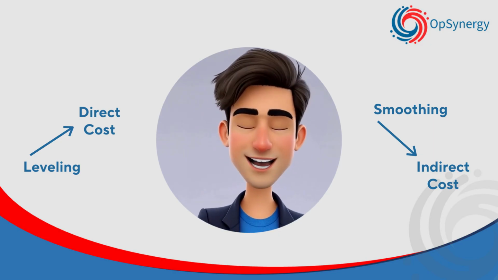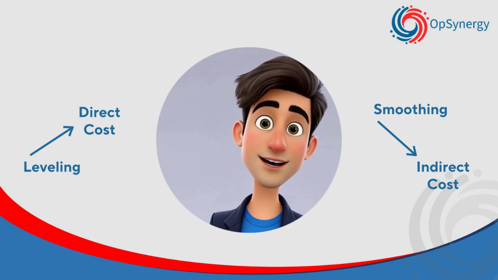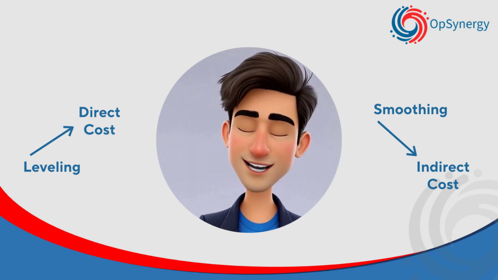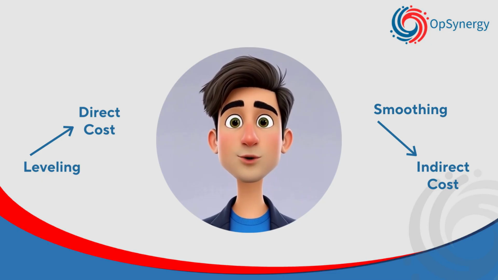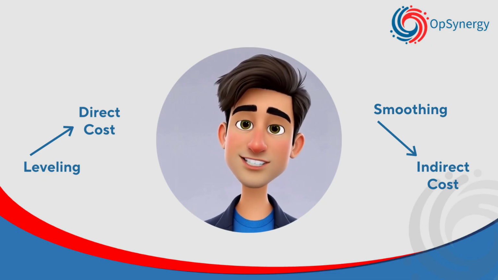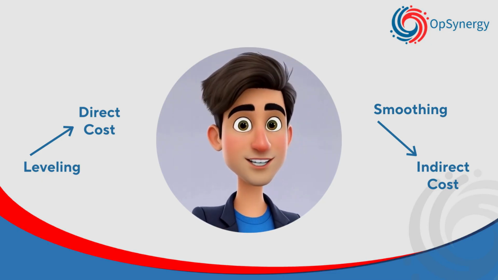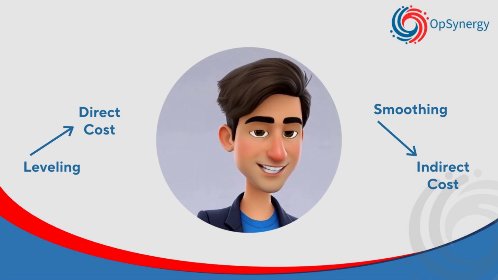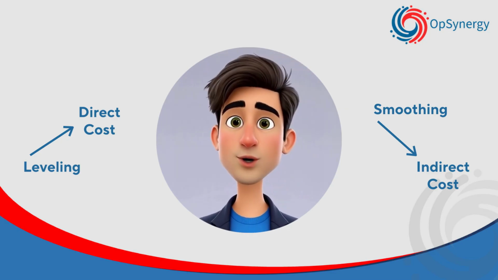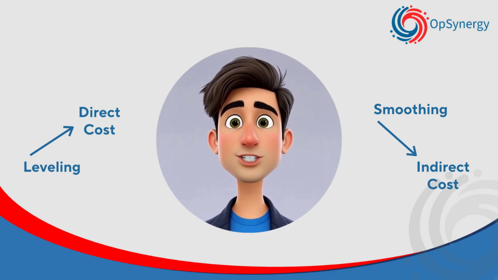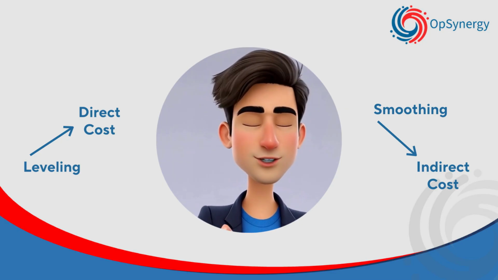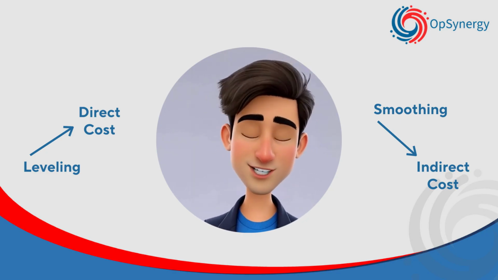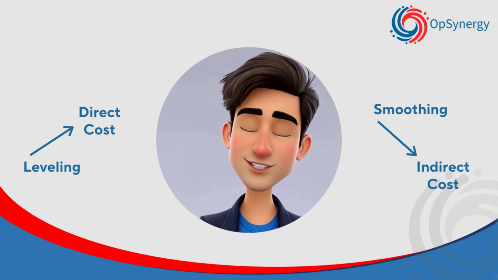Smoothing and leveling in agile and hybrid environments. Even in agile and hybrid delivery, smoothing and leveling still apply. Sprint capacity planning is a form of leveling. Work in progress limits operate like smoothing. When teams repeatedly exceed sprint velocity, you are witnessing a leveling failure. When work is redistributed across iterations without changing release targets, you are witnessing smoothing in action. The terminology may change, the logic never does.